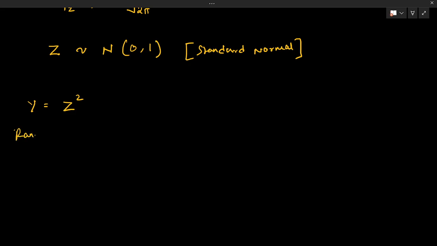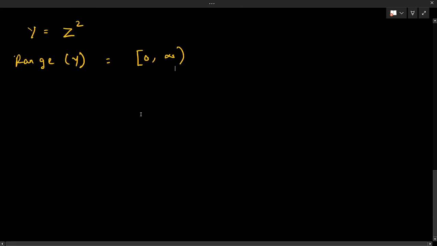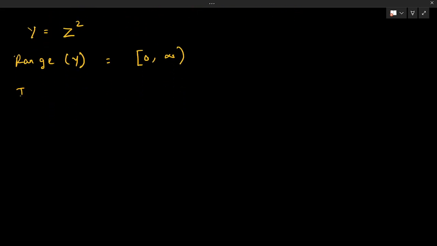The range of y will be from 0 to infinity, because y is the square of something, so it can never be negative. It can have the lowest value of 0, otherwise its value will always increase. So the range of y will be from 0 to infinity, and in terms of real variables,